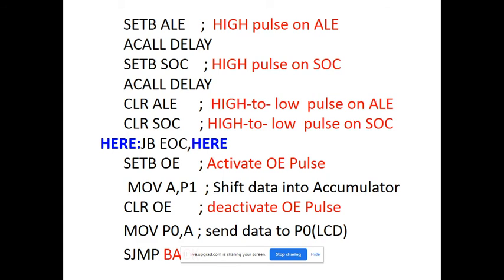Then next, once you have set the A, B, C channel, what next action do you want? Give the address latch to select or connect the respective channel, this channel 0, to the ADC, and that's why set bit ALE. It means you are generating a high rising edge. Initially it is low, now it becomes a high pulse, so you are getting a positive going edge or rising edge.